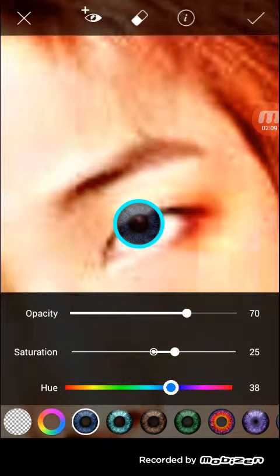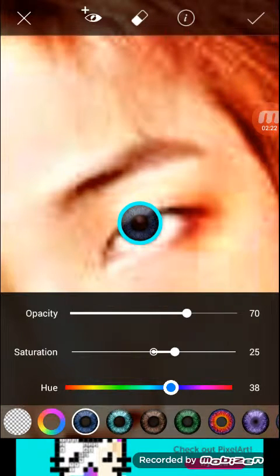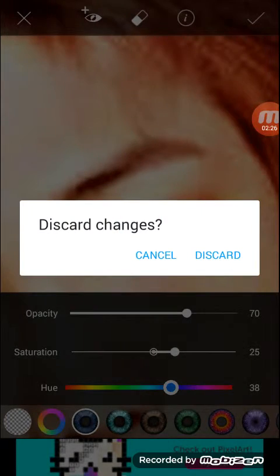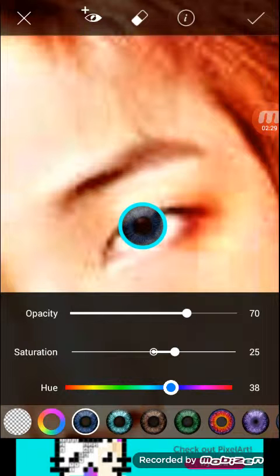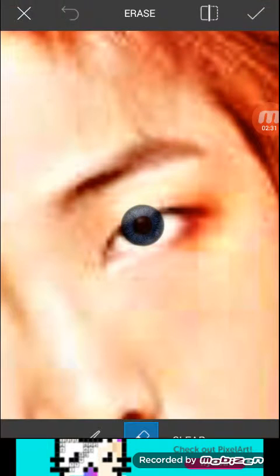Here also we will fix it. And then we will go for,